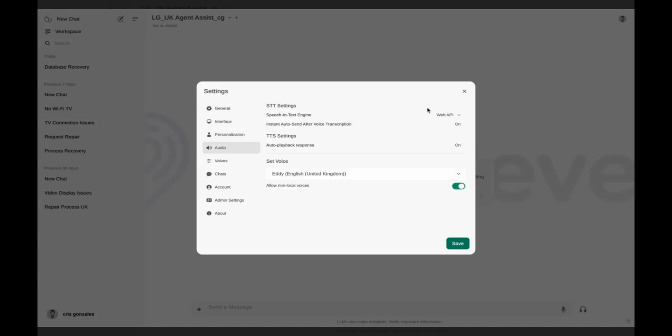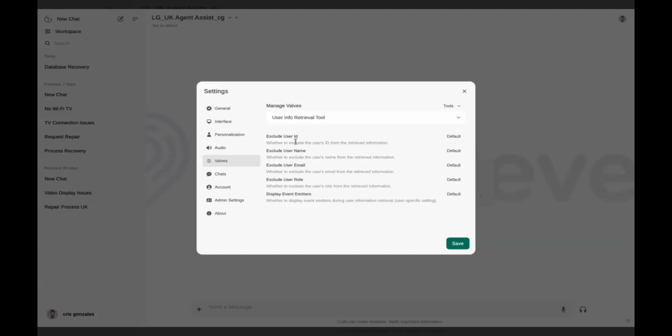Audio, like I said, it has this capability. So let's turn it off because we don't want it turned on. But it does have speech to text and text to speech capability. Valves is something that your tools uses. Like for tools right now, we have a UK web search, a user retrieval tool, and an alarm clock. The user retrieval tool, we use this for email templates. So instead of writing, for example, kind regards, then your name will automatically be changed to name that's your default already.